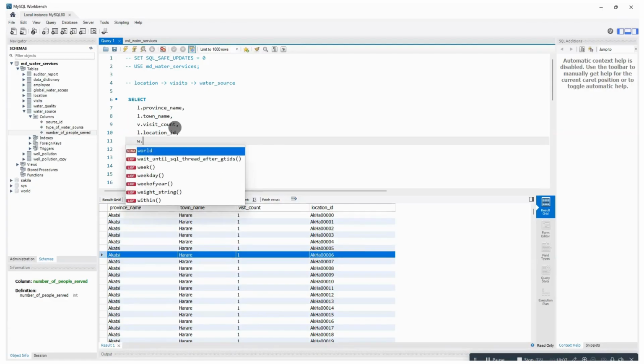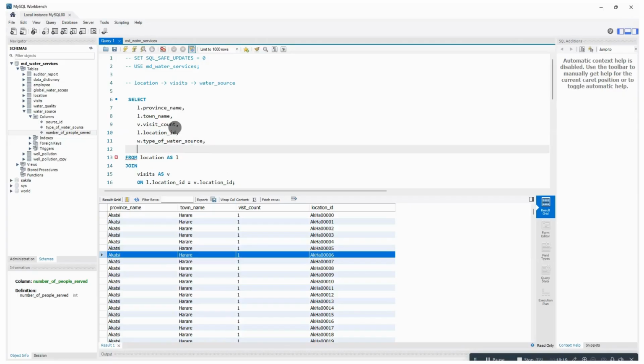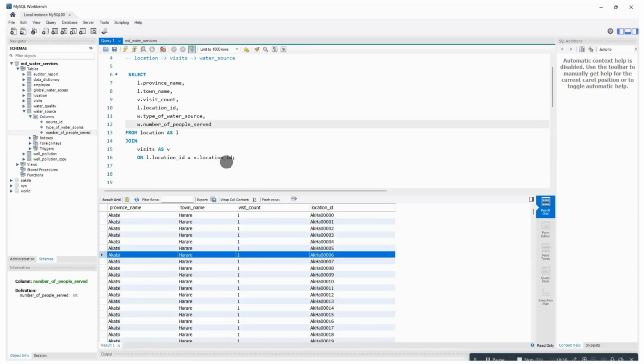So we say w.type_of_water_source, and then the other one was number of people served, w.number_of_people_served. We have that, and because this is the first join, here